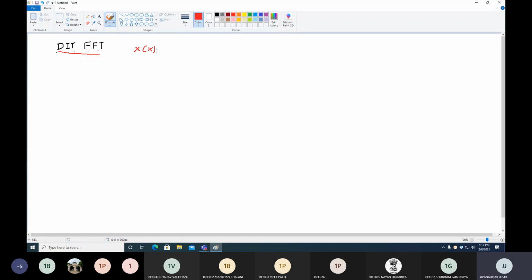Capital X of k equal to, now I have an advice here. Each time I am writing down this equation, you should repeat it in your mind, in your heart, so that you will be able to remember it, at least up to the examination. So summation n equal to 0 to N minus 1, x of n into e raised to minus j 2 pi kn by N, and that we have replaced with twiddle factor